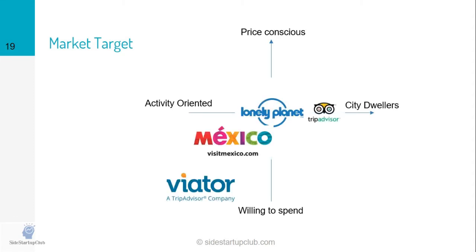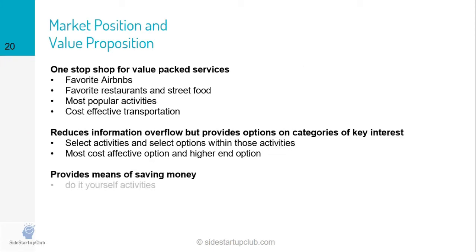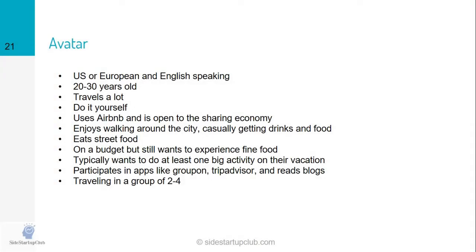And then once we knew what we were going to target, we summarized this in a 2x2 matrix, and we plotted the different competitors in this matrix, and we can see exactly where the gap is, where we can focus, where currently there's not really a competitor focusing on the specific needs of this customer segment. And with that in mind, knowing exactly which customer segment we're going after, that helped us define our value proposition. And our value proposition consisted of a one-stop shop, getting away from information overload and saying, hey, here are the best options, and providing a means of saving money in some sort of Groupon-like format. With the value proposition and the customer segment targeted, we were able to define who our avatar was,